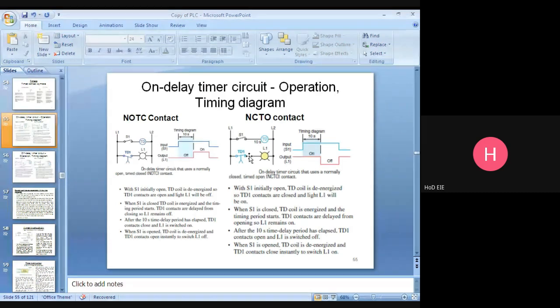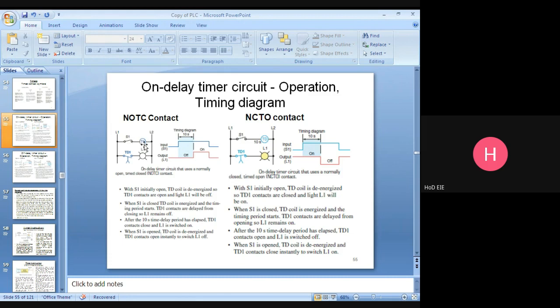Once you read this, then only you can get a clear picture. You come here. This one is 0 condition, up to this point 0. So S1 is open condition. Here the S1 is 1, I mean that the switch is closed.